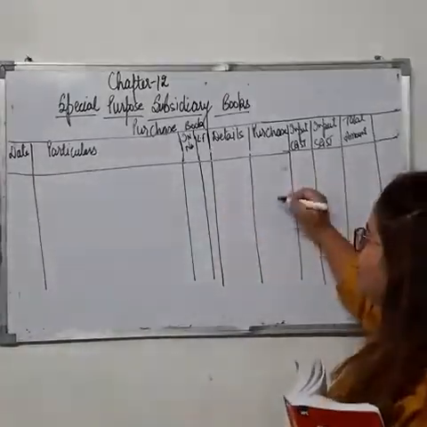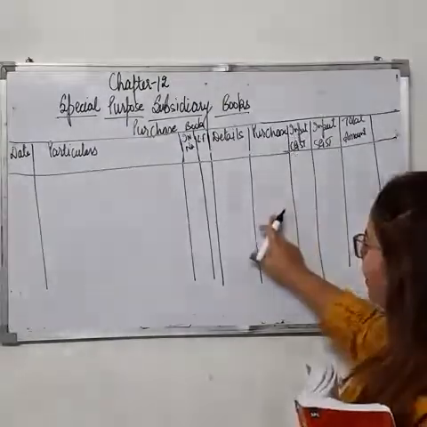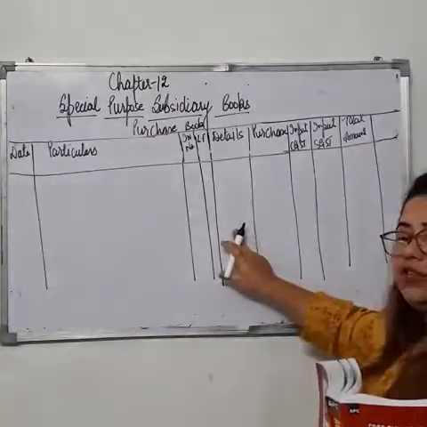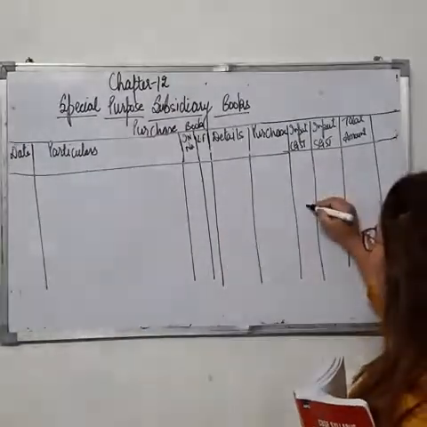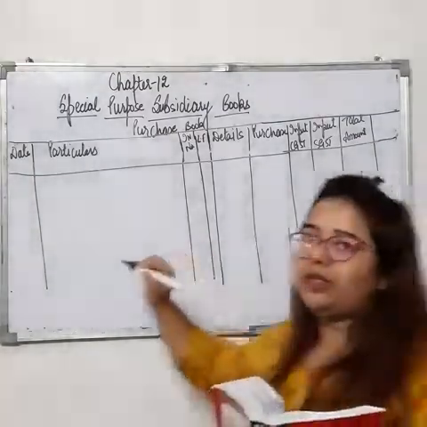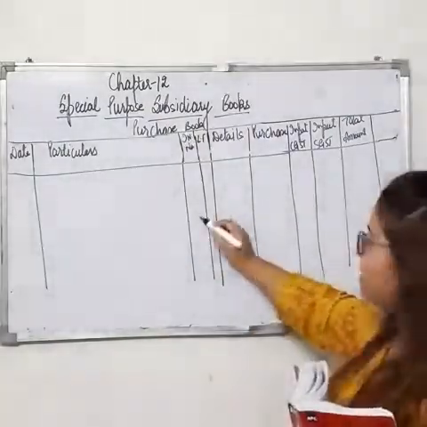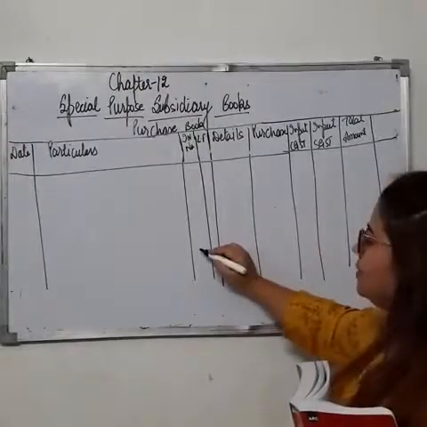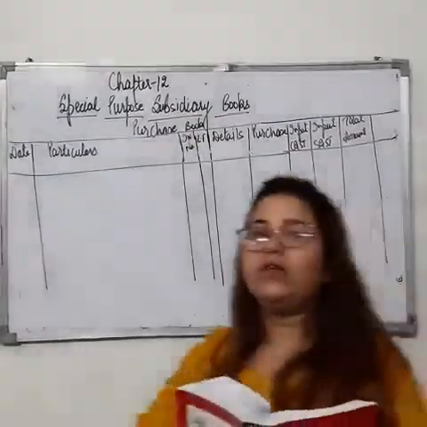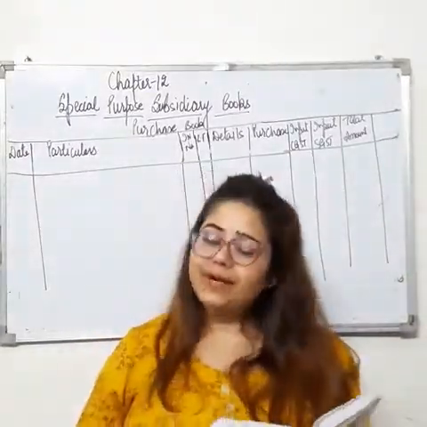Then is purchase. Only the purchase amount after deducting trade discount we show here. The GST that we have calculated after deducting trade discount will be shown here, and the same for SGST, and the total amount shows the total. If the total of purchase is here, then we write down the purchase. Then the total of CGST, SGST, whatever is given, we write down the total of all transactions. I'll tell you how. So let's start our practical question.